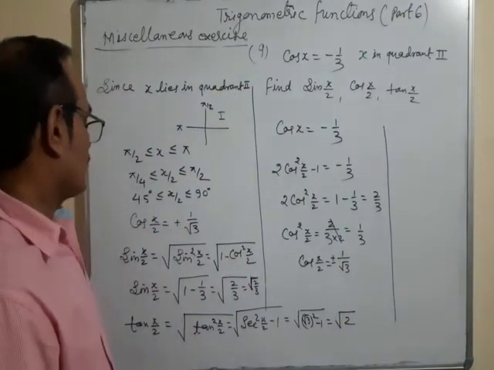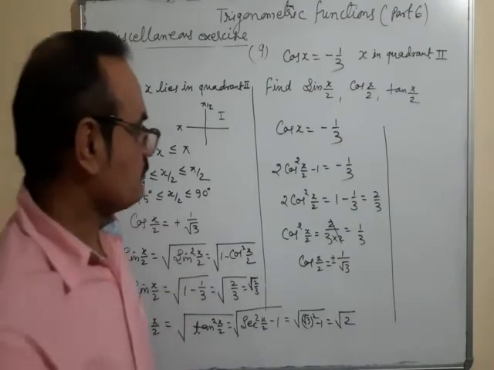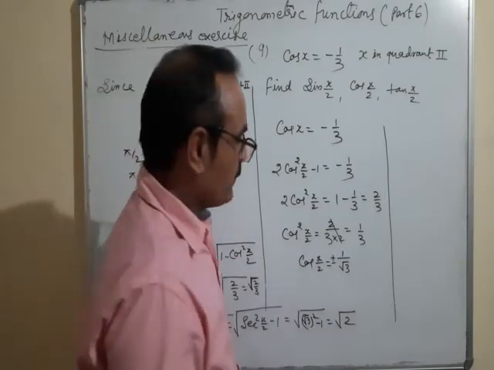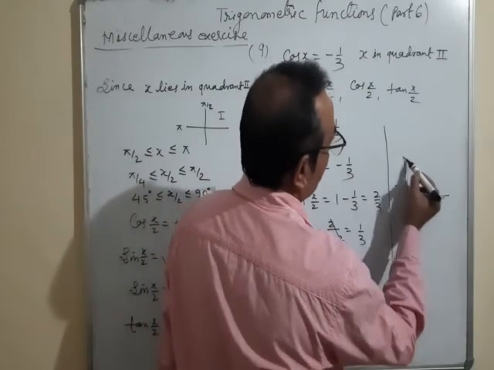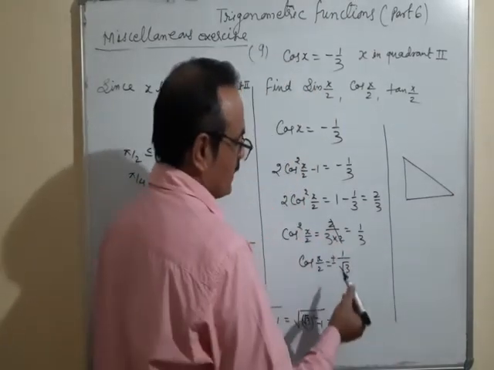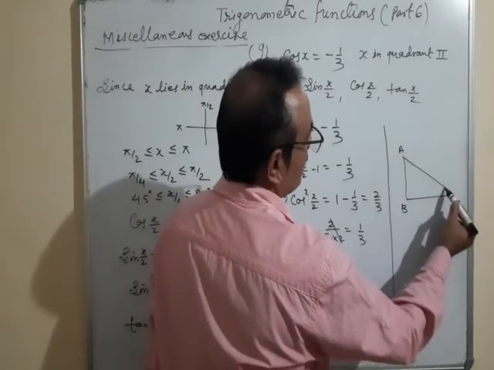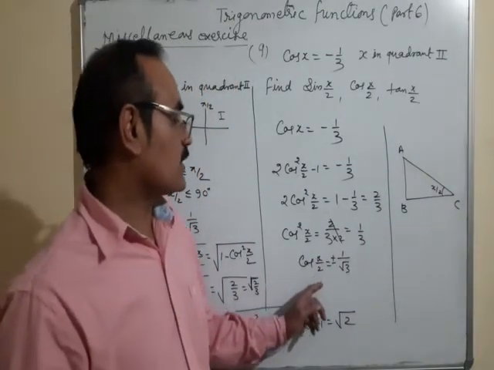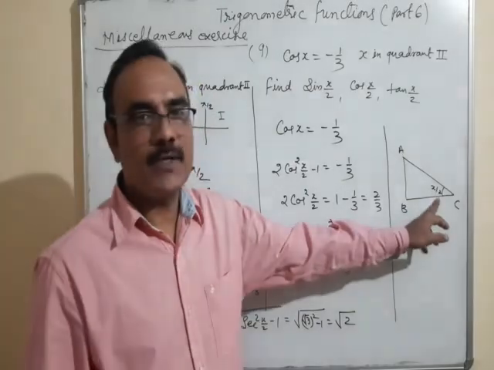Okay. But if you will take minus 1 by root 3, then what happens? This is in the first quadrant, all the values are positive. Here what should be done? See, this is a triangle, I can make it ABC. This angle is, suppose, x/2. What is it? This angle is x/2. Cos x/2 is equal to plus minus 1 by root 3. Okay. So this angle is x/2.